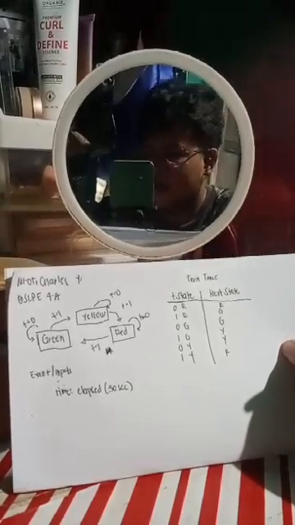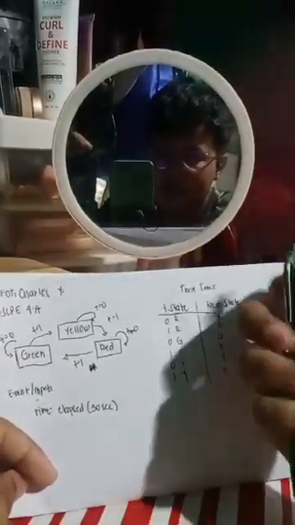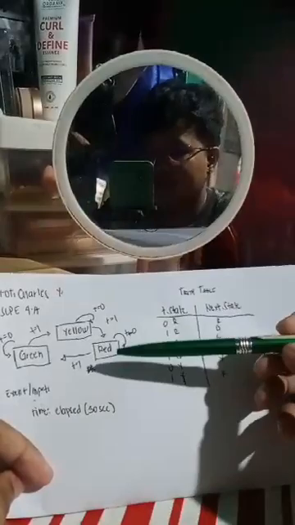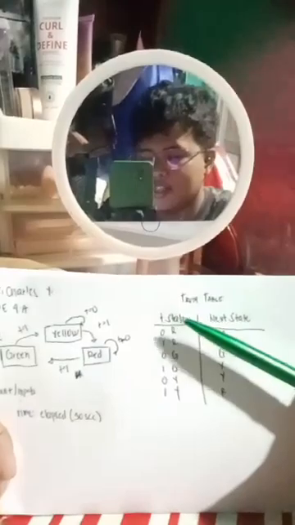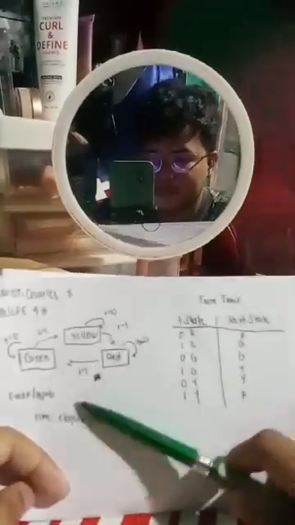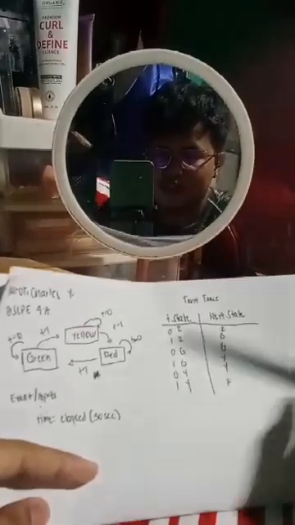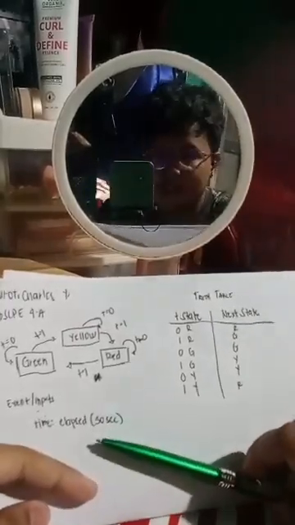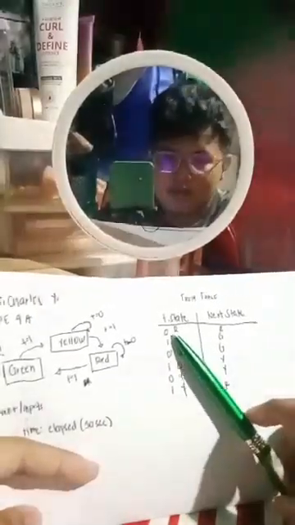Today I will be discussing a finite state machine. My example is a traffic light. First, you will see here the three colors: green, yellow, and red. On the other side, you will see the truth table, which has the state and also the next state. Also here, you can see the event and the inputs, which is the time elapsed by 30 seconds. Here I will explain how it goes.